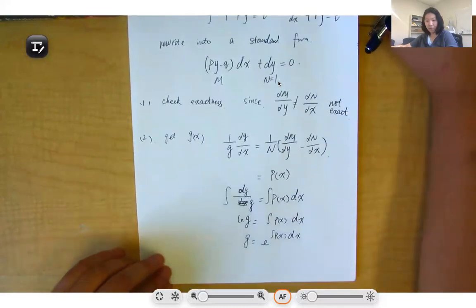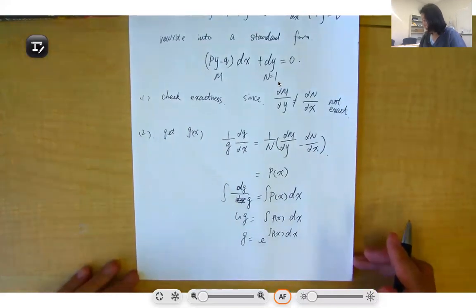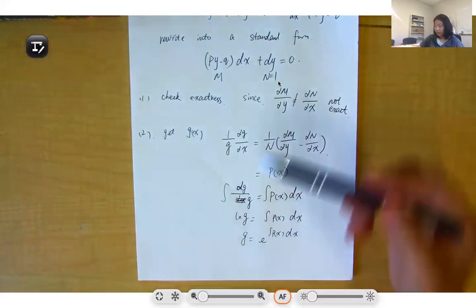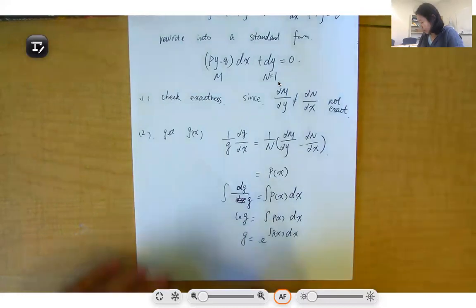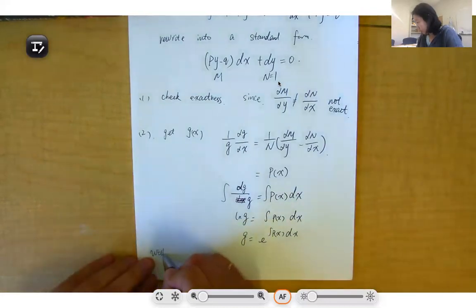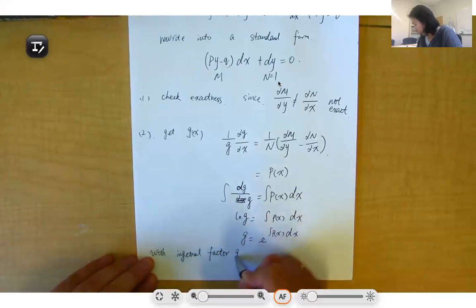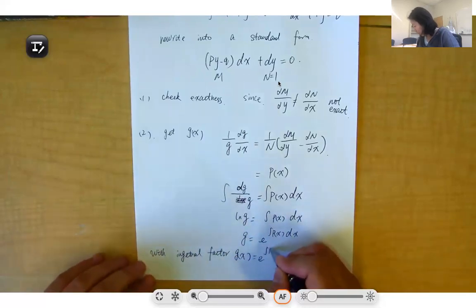Okay? So we get our integrating factor. So with this integrating factor, such equations will become exact equations. Okay? With the integrating factor g(x) equals e to the integral of p(x) dx,